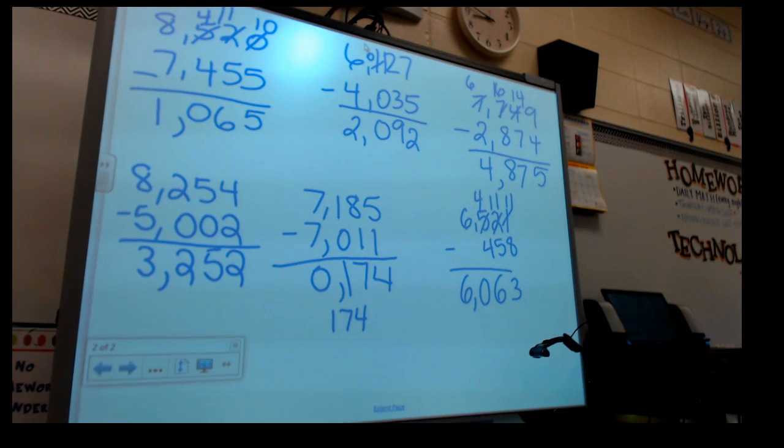Alright, next. This month I saved 3 times as much as last month. Last month I saved $9. How much did I save this month? Ben has twice as many pets as Tom. If Ben has 8 pets, how many pets does Tom have? What do I do on that one? You multiply.